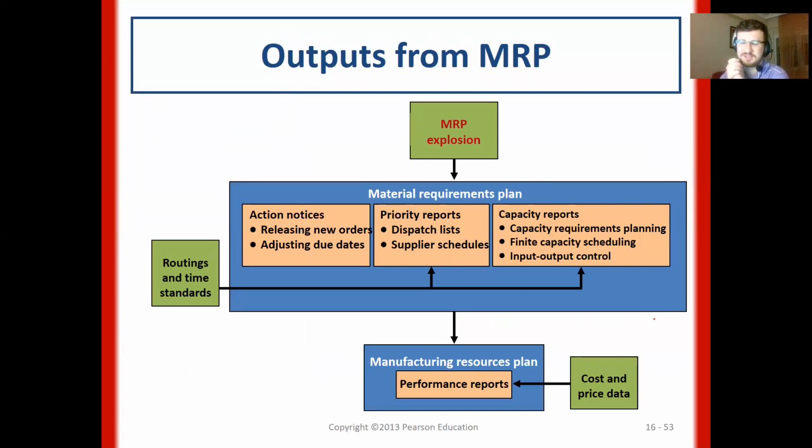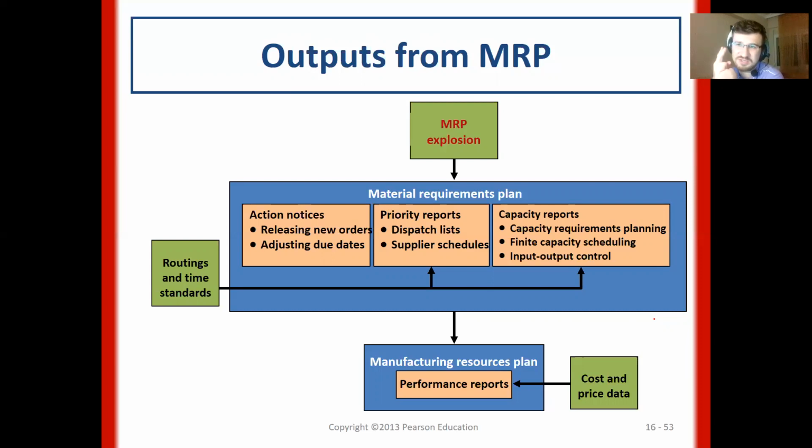Okay, it's time to talk about MRP explosion. In order to explode MRP, as we said before, we need MPS, we need inventory information, and we need bills of material information. And then we explode MRP and calculate how much each component is required at each period, and then we will also determine when we will give an order